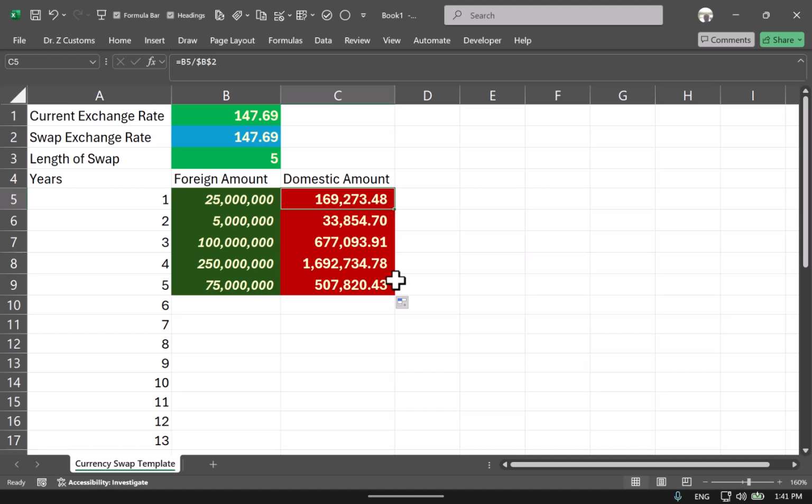I mean, I'm calling this domestic versus foreign. And the exchange rate convention we have is value of the domestic currency in terms of foreign currency. The trouble is, how do we know that 147.69 is the right number? To figure that out,